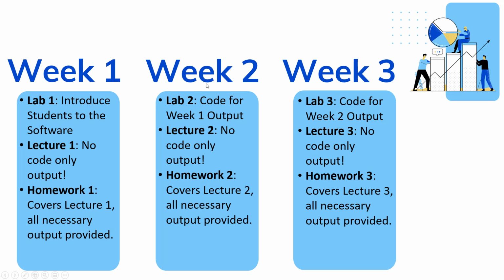So in the following week's lab, what the students would learn in the software is how to produce the output used from week one. And so they would produce the output not only found in the lecture, but also that output from the homework. And this is where the spiral piece comes in. So again, prior to lab 2, the students will have already turned in the homework, so they've learned about the concepts, they've learned how to properly interpret things, and so now they can really just focus on that coding aspect